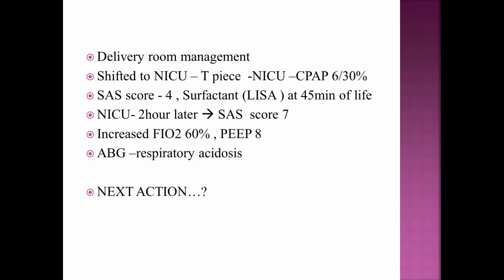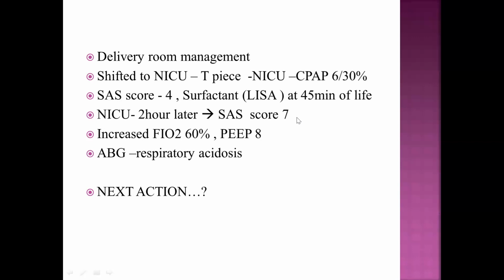After the initial delivery room management and adequate thermal care, the baby was shifted to the ICU with a T-piece resuscitator, and in the ICU the baby was connected to CPAP with a PEEP of 6 and an FiO2 of 30%. Initial Silverman-Anderson score was 4, and the baby was given surfactant by the LISA technique at 45 minutes of life. 2 hours later, the baby's clinical condition worsened. The Silverman-Anderson score is 7. There is an increased FiO2 requirement of 60%, and you have to increase the PEEP to 8